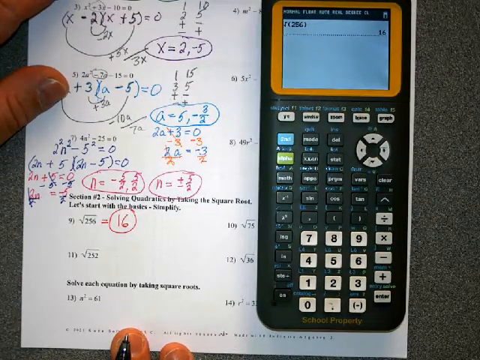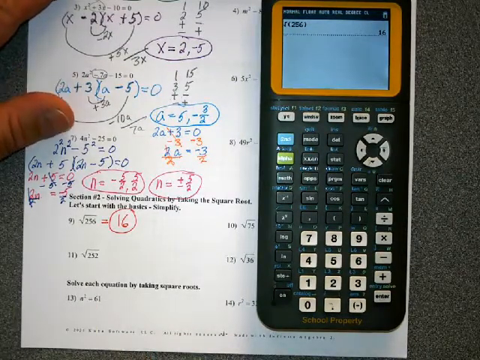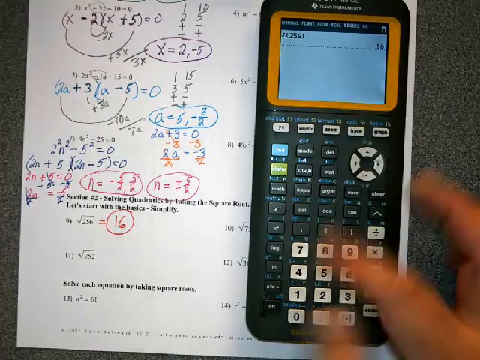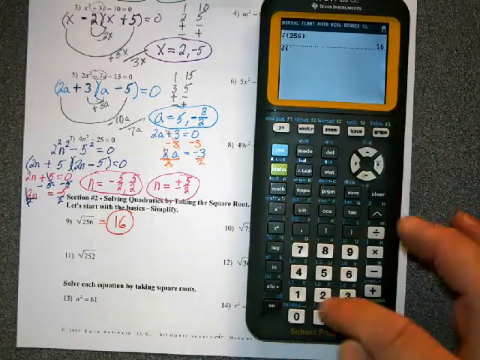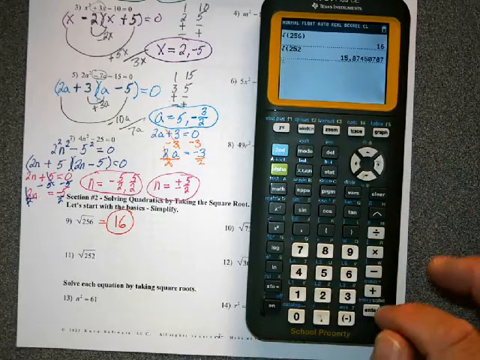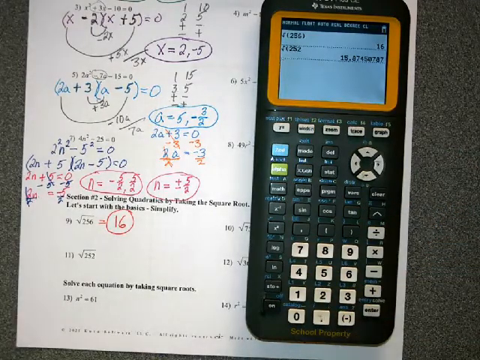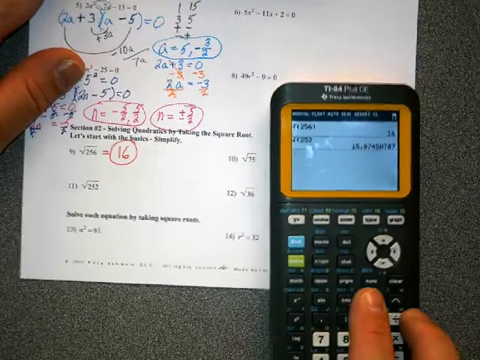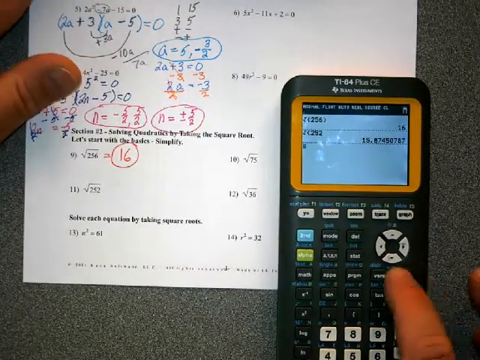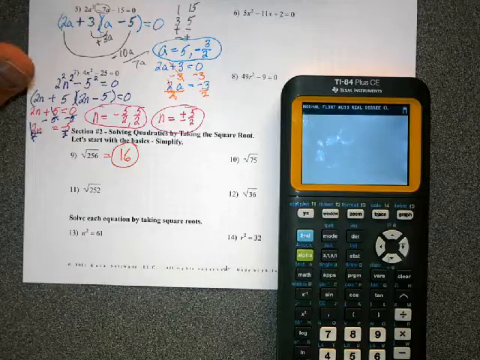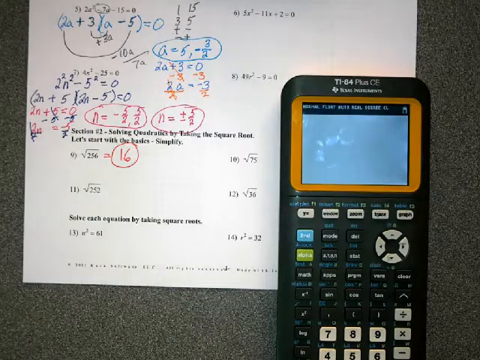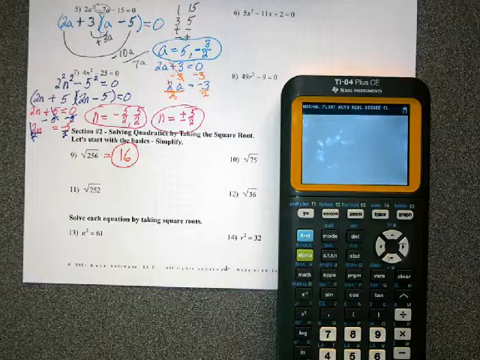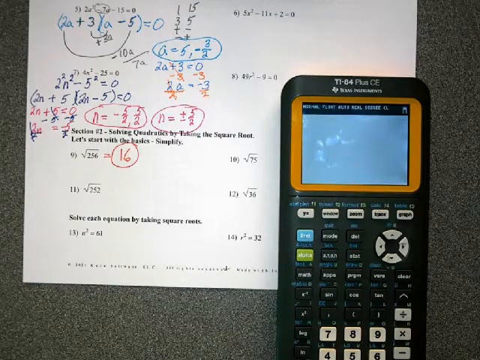Do the same thing with 252. Square root of 252. Well, I get a decimal, so that's not a perfect square. So, there we go. We're going to have to simplify the square root of 252. Now, 252 is a really big number, right? To try to get all the factors of 252. Well, we can always do 1 and 252, but that doesn't help us. So instead of doing all of the factors of 252,